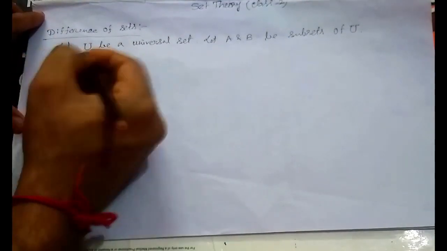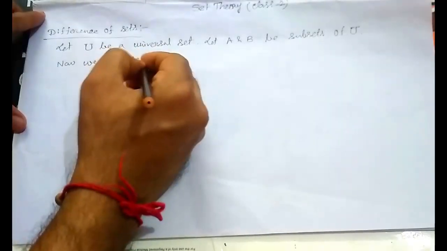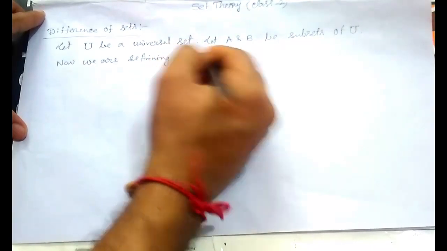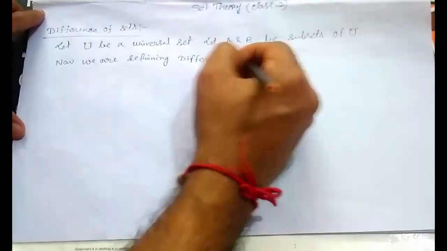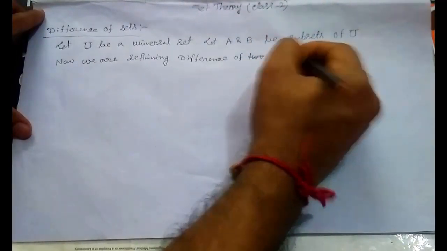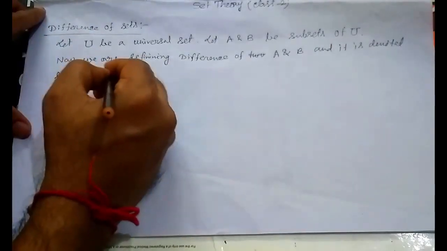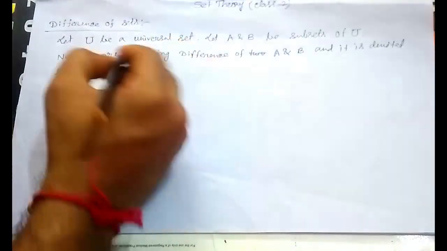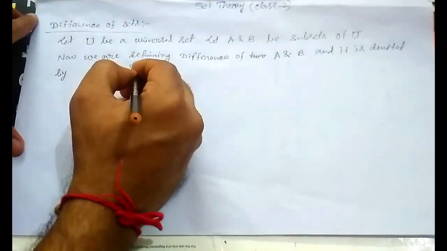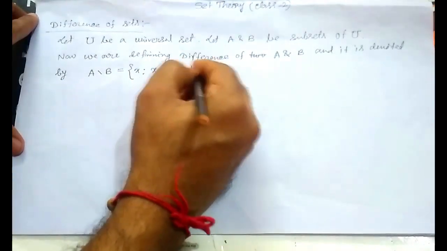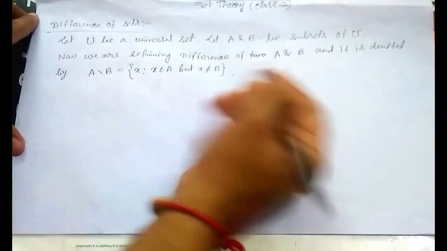Okay, now we are defining the difference of A and B, and it is denoted by A minus B. Okay, and this equals to x such that x belongs to A but x does not belong to B. Okay,